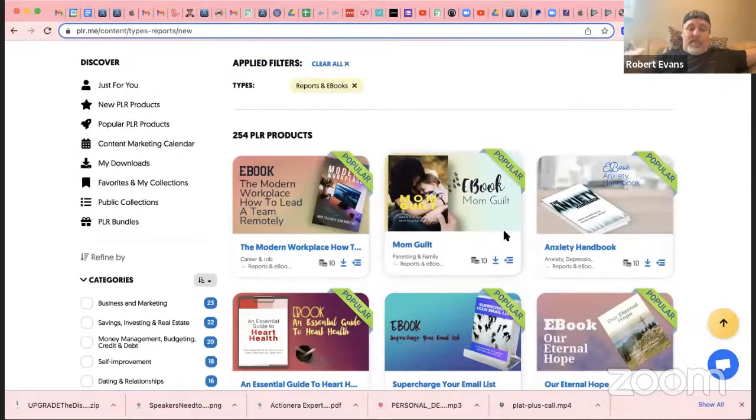Now, why I'm saying this is because their license is amazing. It basically says you can private label the rights. You can go in here and edit it, add to it, change the cover, put your name on the cover, put your name in the book, and add a whole chapter to it. You can do whatever you want as far as private labeling it to yourself. Put your logo on the cover. And they also say you can give this away. It could be part of your free membership. It could be something people can opt into, or you can just give a link to it from your app or from your website, and people could just open it up. I don't see why you would do that. I'd say get a name and email address, but their license is very, very liberal.